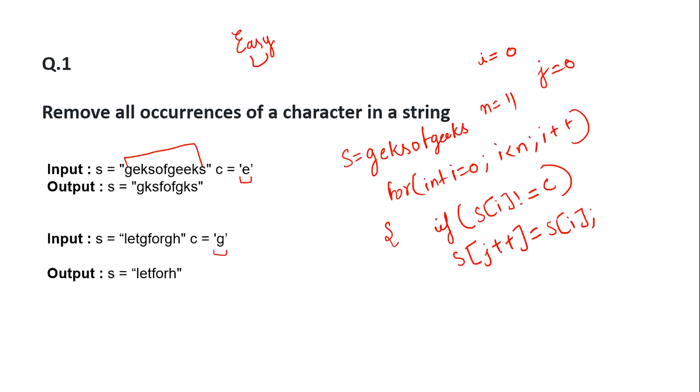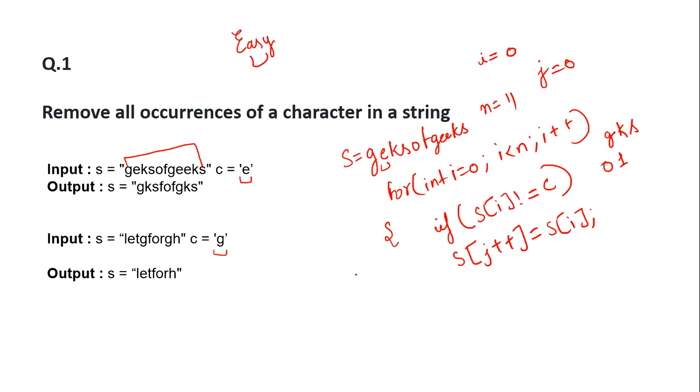So for example, first the j value is 0, so as we have done j plus plus, so the next character which we are going to put, suppose next time when this loop will run, E will be encountered, but we have to skip E because this condition is not going to be met. Then again we will find K is not equal to c, right? So again what will happen, j plus plus, so it is going to be 1. So at the 0th index, G will be stored, at the first index K will be stored, then S, and this is how it will go, right?